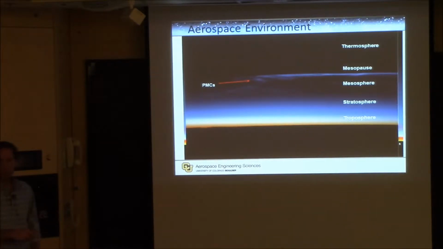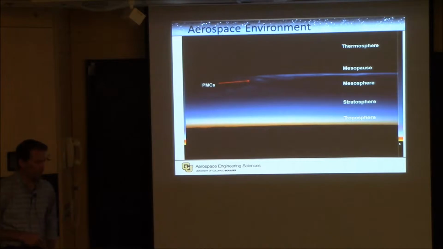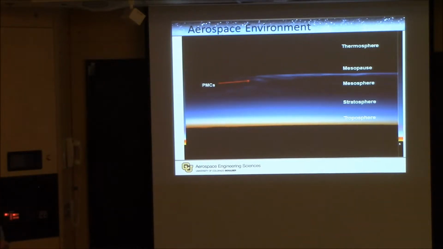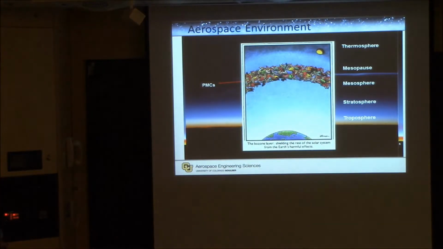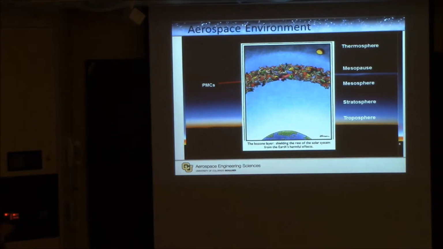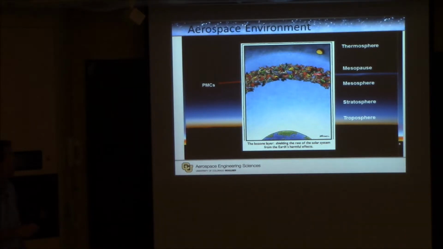So this is to get you acquainted, and we're going to go through this, and we're going to look at different regions of the atmosphere using different LiDAR techniques, and then we'll also actually look down on the surface of the Earth as well. Now, some of you might think of this cartoon of the boson layer. That doesn't exist in the atmosphere,